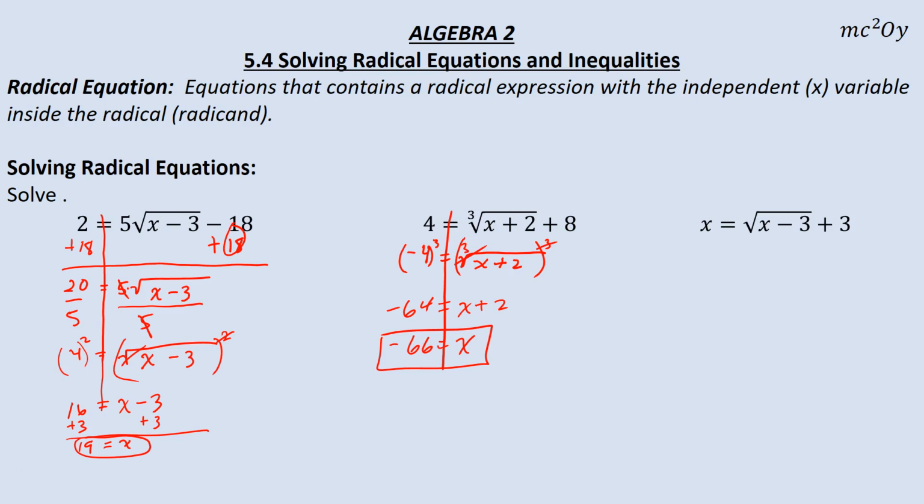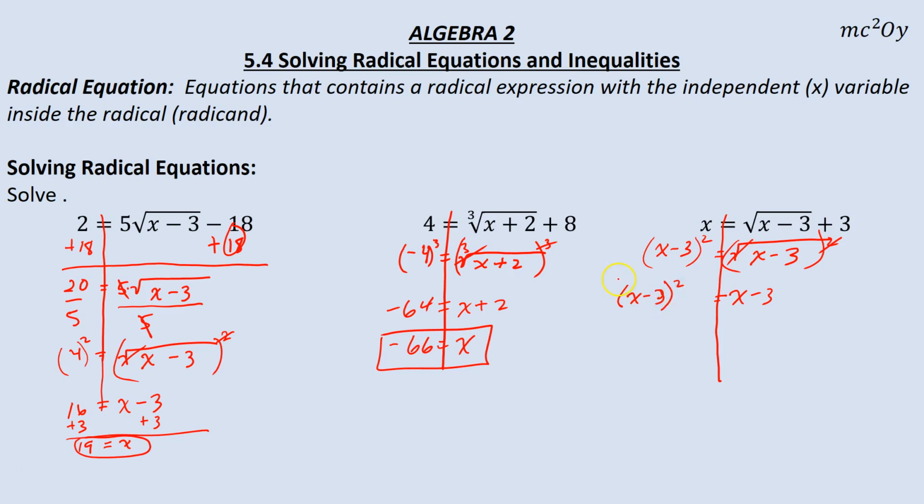So it works out. All right, the next one: x is equal to the root of x minus 3, all plus 3. When you have x on the outside and the inside, it's a little more complex, but we still want to get the radical by itself first, so we'll subtract 3 from both sides. I get x minus 3 is equal to the root of x minus 3. Now I have to get rid of the root, so I'll square both sides. Squaring both sides means squaring everything, so I put it in parentheses. This cancels this, and I'm left with x minus 3 on one side, and on the other side x minus 3,